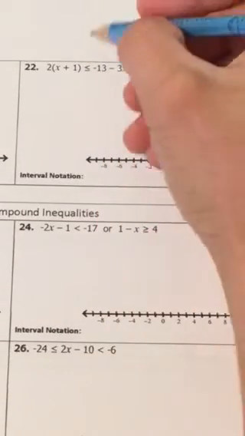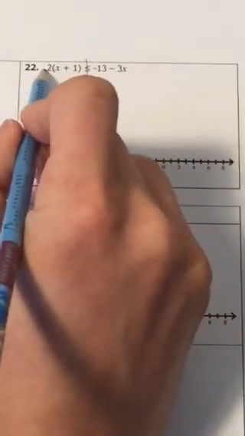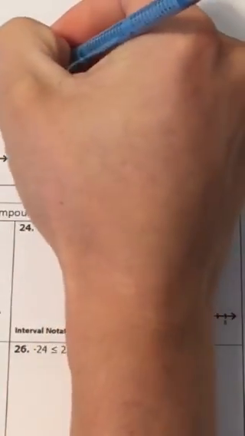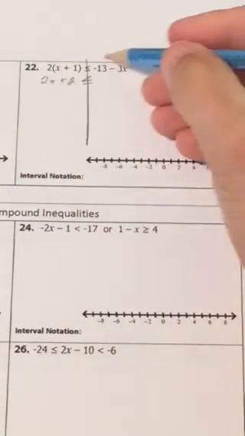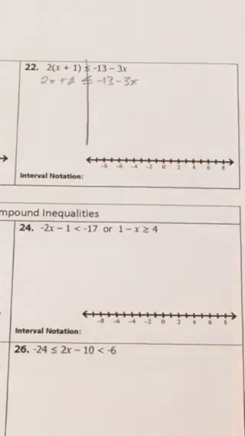All right, so solving this like a regular inequality or equation. So it's 2 times x and 2 times 1. So I have 2x plus 2 is less than or equal to negative 13 minus 3x. I want to get my variables